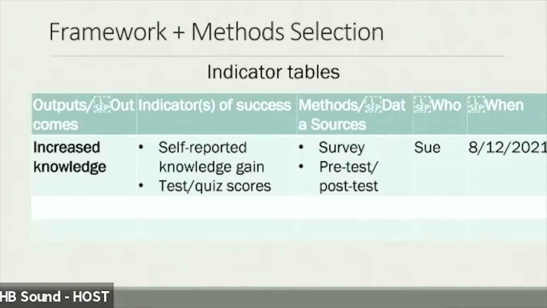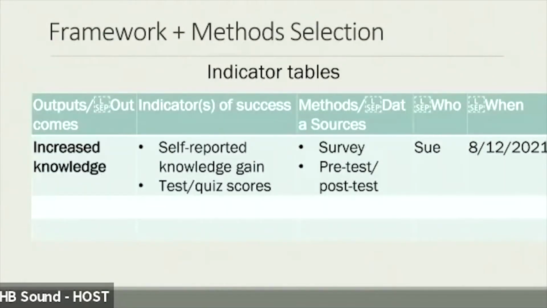Well, when you're starting to put together your evaluation framework, a really good idea is to just create a spreadsheet. And it could be very simple. That first column, just start going down and listing all the outcomes and outputs or objectives or goals that you've got.